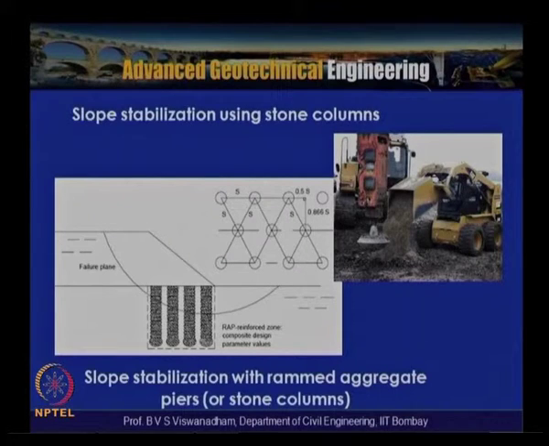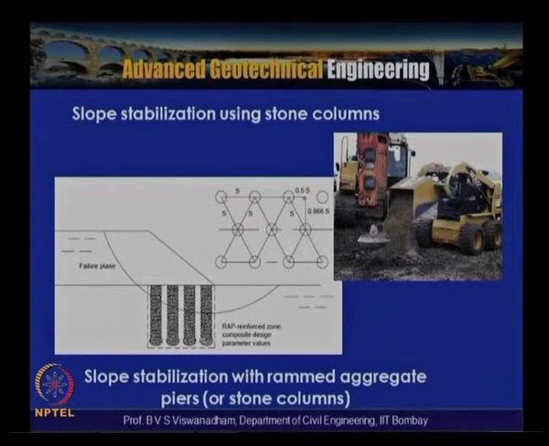In the next slide, we look at slope stabilization using stone columns, a particular method used for installing these rammed piers, also called stone columns. If a slope exists and a bund is required to be constructed on it, additional widening of the bund is required here. Then we drive the sheet pile wall from the top. In this slide, a typical installation of a stone column is shown, wherein a borehole of the required diameter is made and the stone charge is fed.